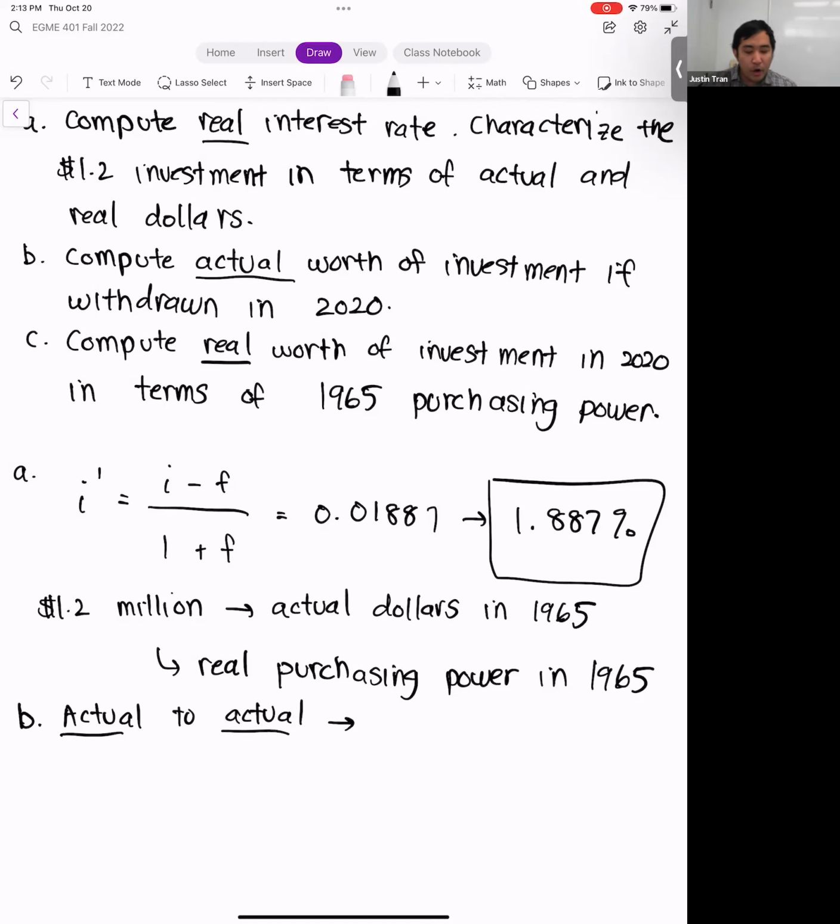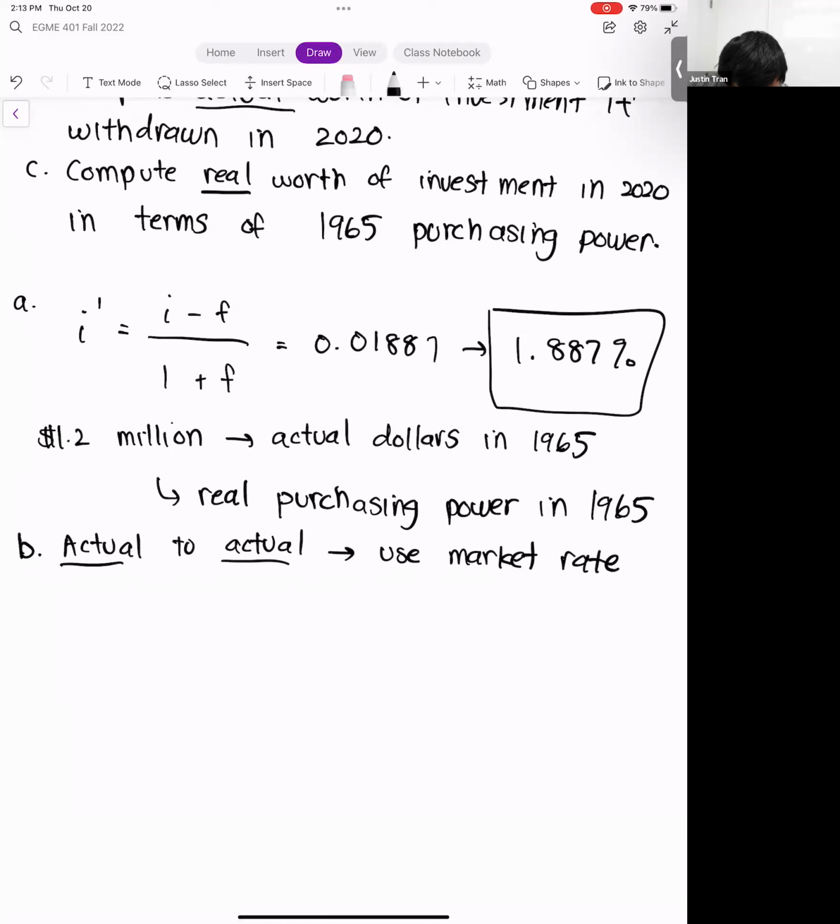If we go back to the rules, this tells us we're going to use rule 2, and we're going to use the market rate. To compute F, here we have 1.2 million. If we consider the present day or the past to be 1965, then we're going to do an F over P conversion. The market rate for this problem was 8%, and then we're going to push this forward 55 years. So we're going to do an F over P, 8%, 55. Once we plug in the numbers for all that, we get